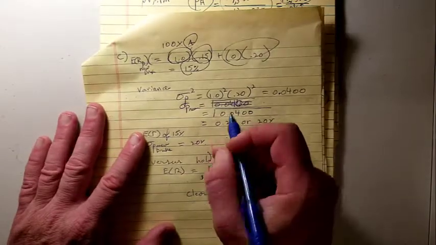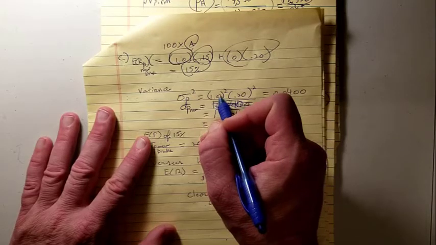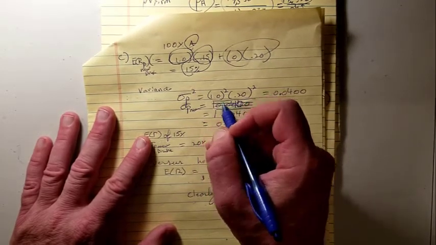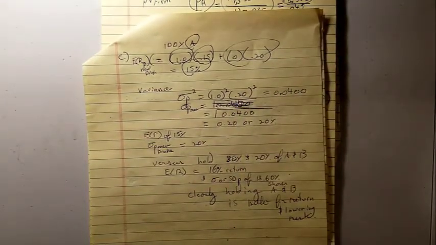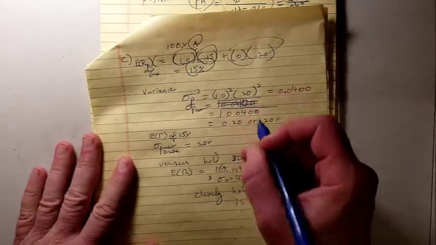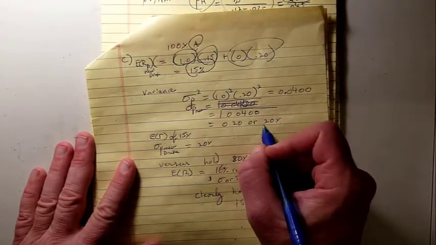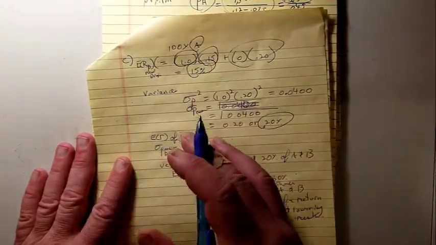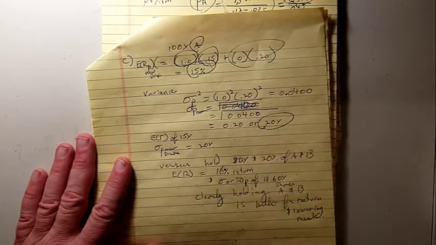The variance, same thing. You end up with a weight of share A squared, so that's a weight of 100% or 1.0 squared, times 0.20, which is the standard deviation of share A squared, and you end up with 0.0400, square root of that gives you 20%. So with the new combination where you just held share A, you'd have 15% return, 20% on the risk or standard deviation,